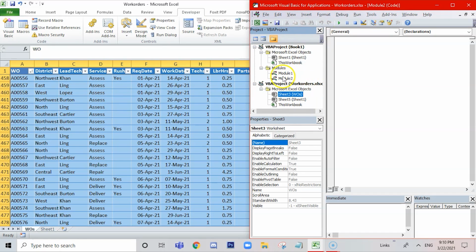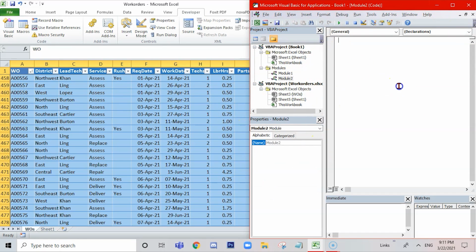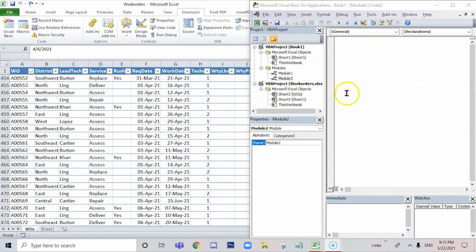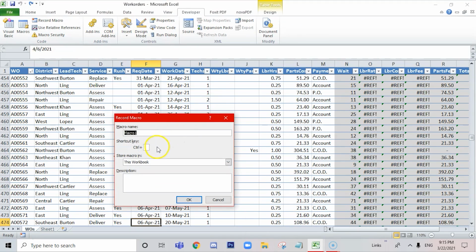And as we have discussed before, these are the windows that we see. This is the code window, this is the Project Explorer, and this is the immediate window where we can run some testing code. Immediately it will show you the output. So here we see the Project Explorer window where we see the modules and all for our Visual Basic for Applications. As we see the code is empty here, we'll try to record a macro and see how the code develops. Okay, so I just go here and click record macro, and I save it as a format